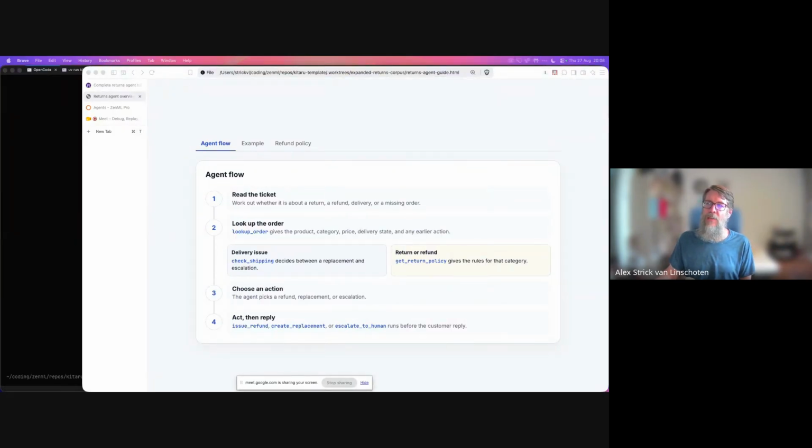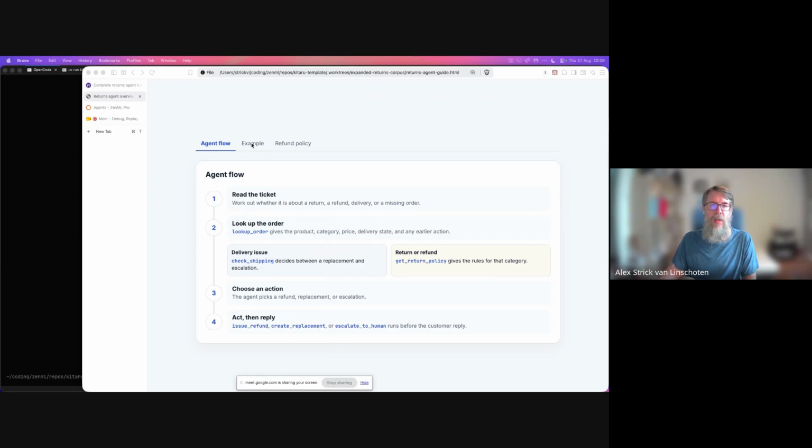chatbot, and it follows a relatively simple flow of things. Some kind of ticket or customer request comes in from someone. It possibly looks up an order relating to whatever things they bought from a particular website. It checks some rules. So it checks whether the thing needs a replacement or whether it needs to be escalated to some human. And then it checks, ideally, it checks some policy. There are some rules around when we give refunds to people. And then it'll either refund, it'll replace an item, or it'll escalate to a human. And it has some tools that it can run,